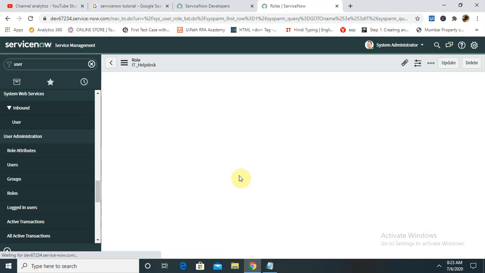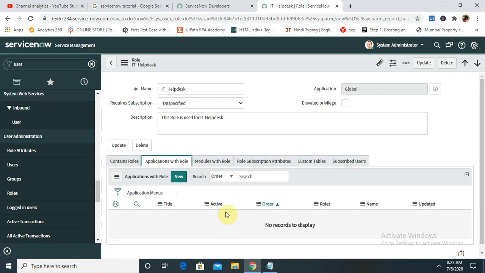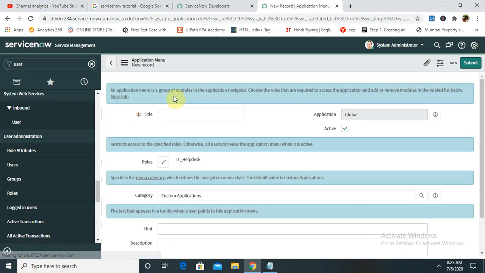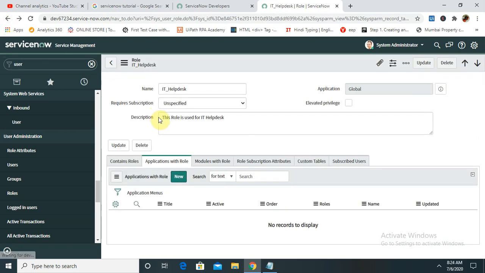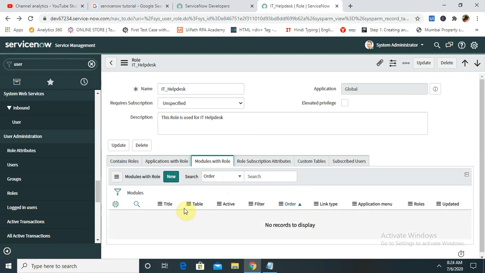Open record. If you want to add any specific applications with role, you can do that. Just click on configure this group, provide the title detail in all, and it will create an application menu for this group. Module with role is also possible, you can edit it and provide the module role for this user.